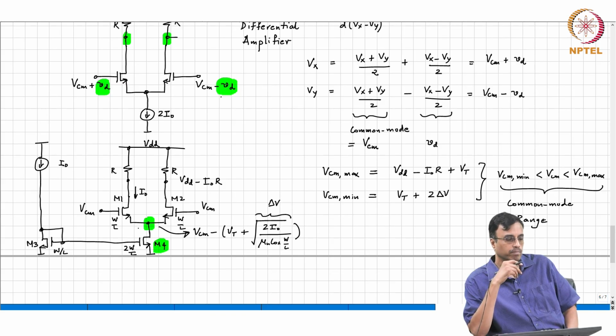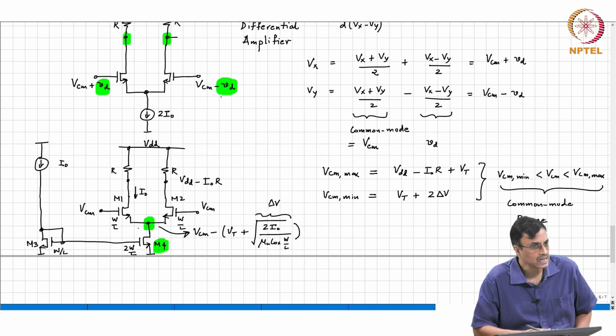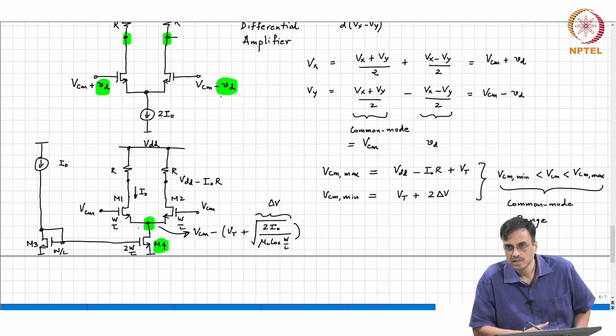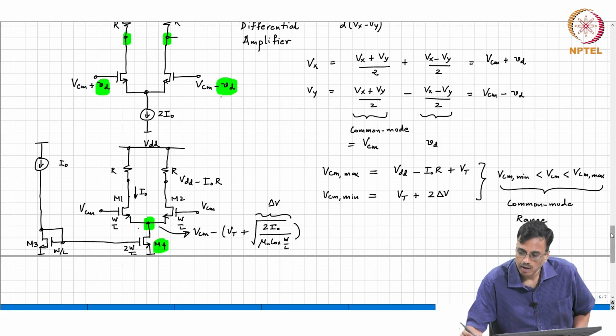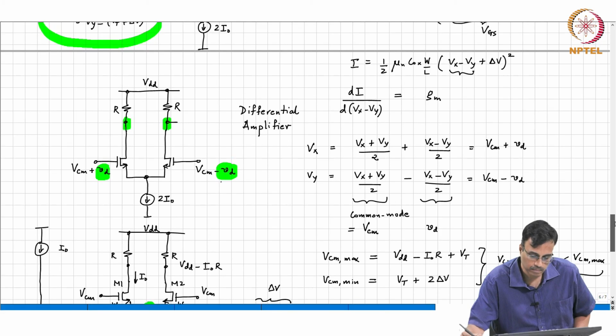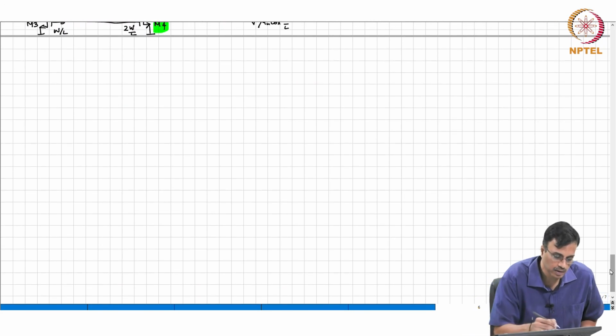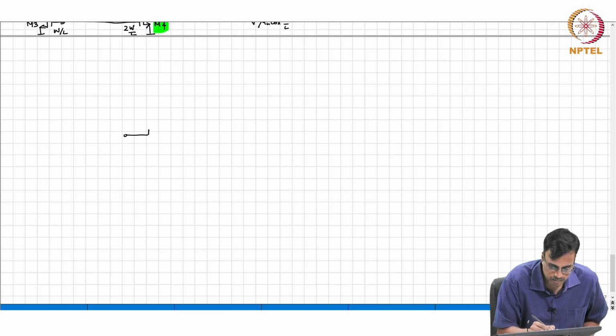All right. Okay. So, if the input common mode voltage is in the common mode range, right, then both M1 and M2 are guaranteed to operate in saturation. Okay. So, that basically is what we have done, therefore, we are done with the operating point. So, let us revert to our original